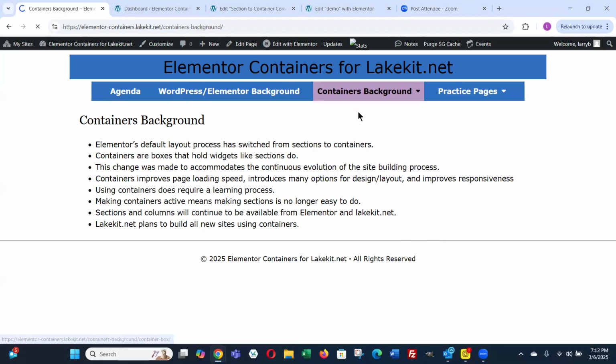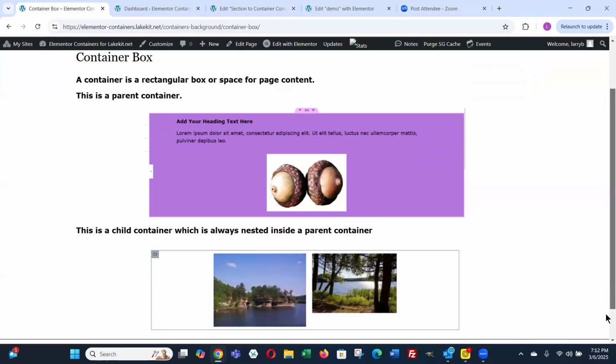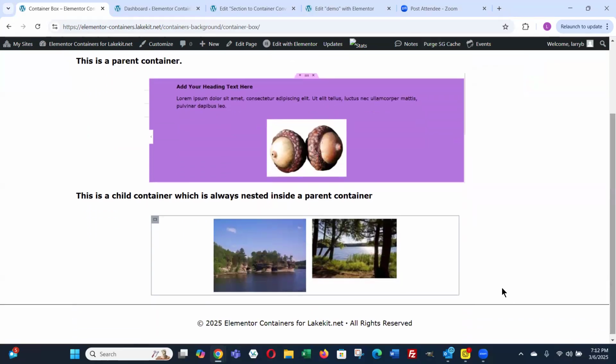Now let's look at a container box a little bit more closely. This shows the two versions of containers. The purple one we call a parent container, and that looks very much like a section currently does.